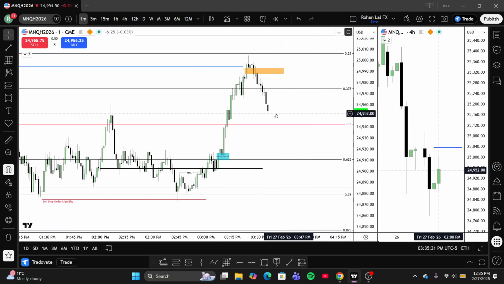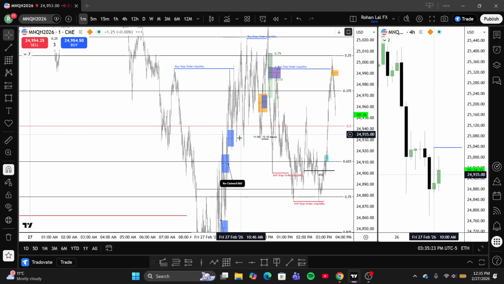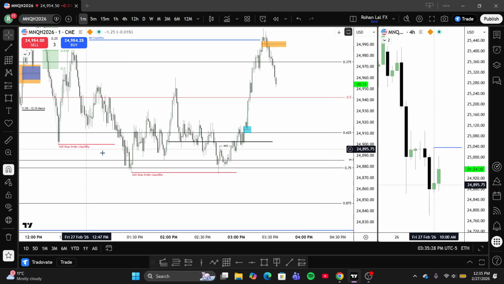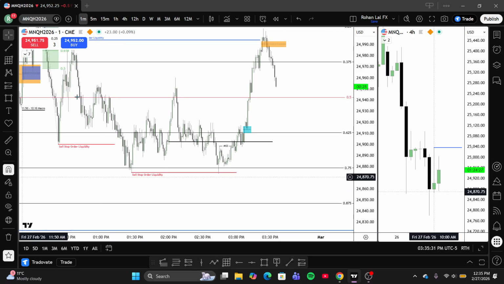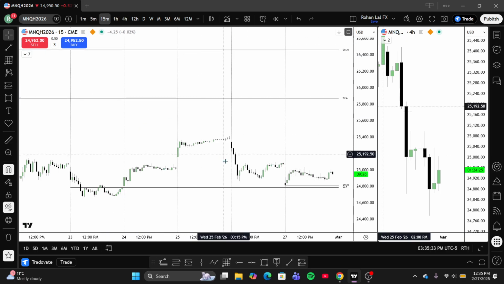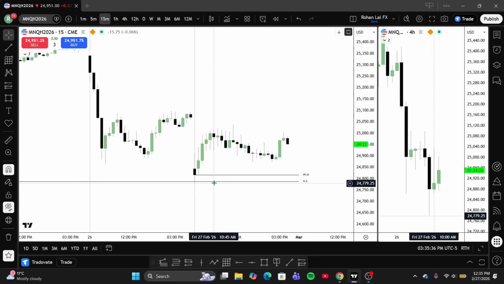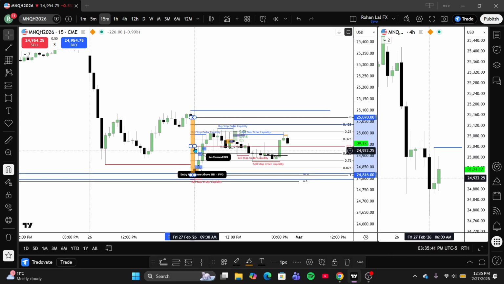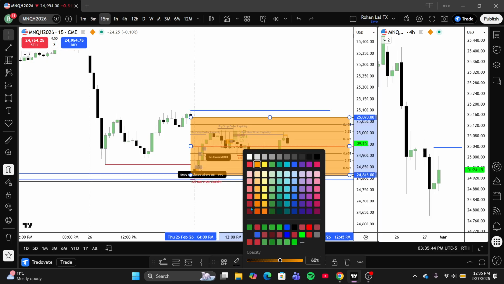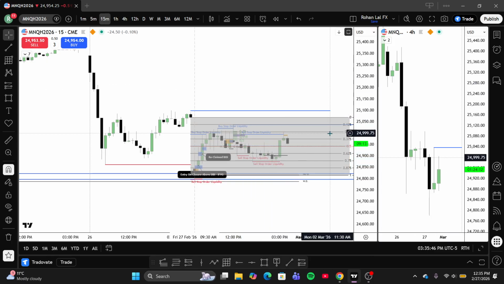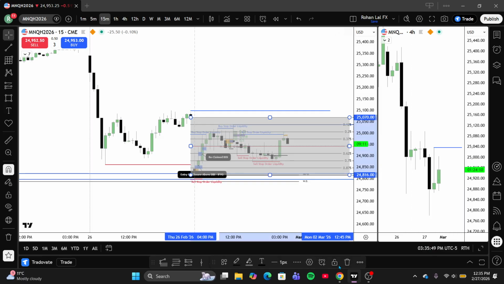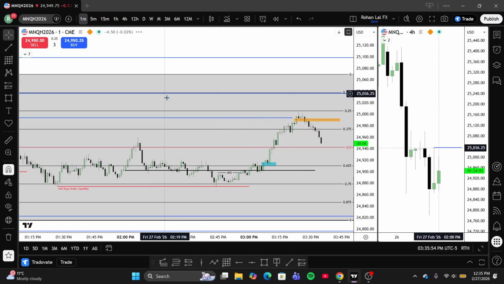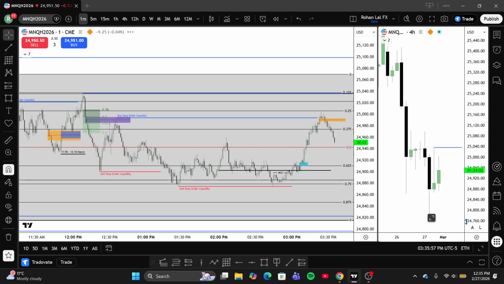We're pulling back inside these quadrant levels, which are going to be the RTH gap here. So if you look at the regular trading hours time period and we go into the M15, this shaded area is going to be our closing price and the opening price of the RTH gap, and we see price trading inside of that range. Send this to the back, and then the initial entry that I did see today was